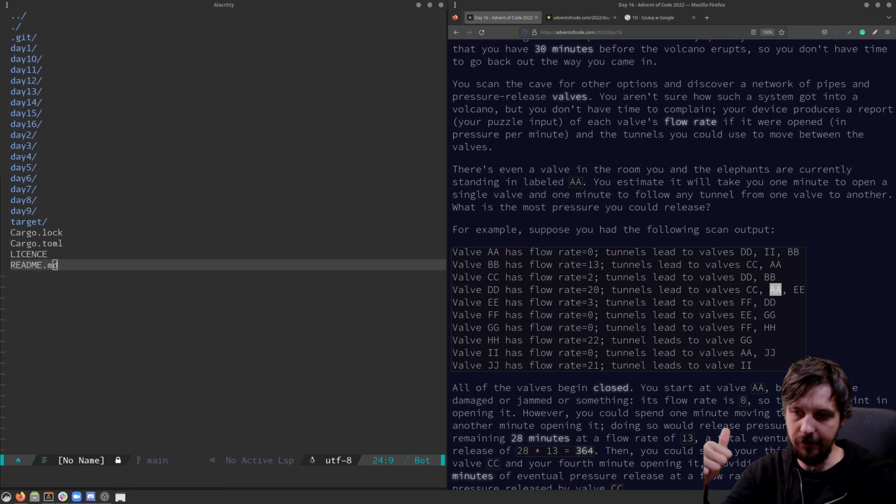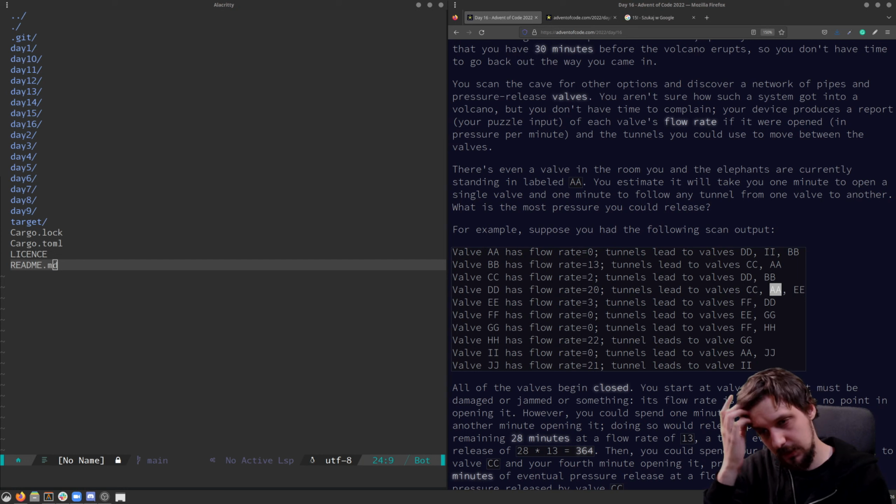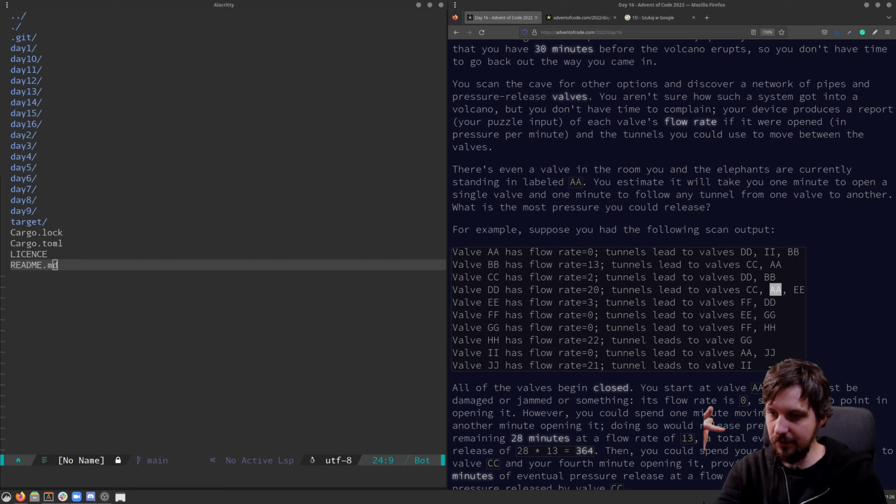There is some flow. This is the first condition. Second condition, it was not visited before. We need to keep some track of which node we visited. We can do it with the tree, and it should be done this way. I was lazy and I did it differently, but you will see that. And the third condition is that after we go to this node, we have at least 1 second left, because